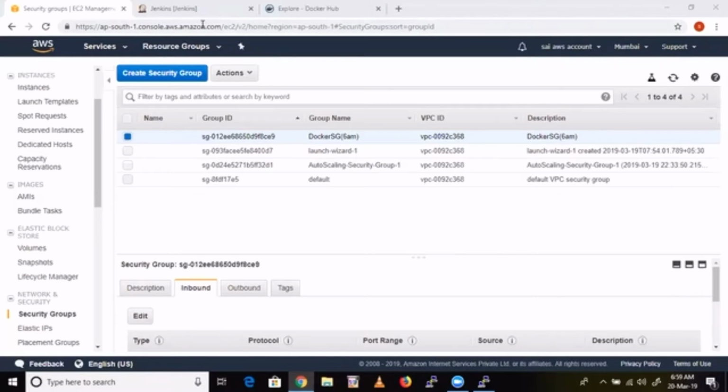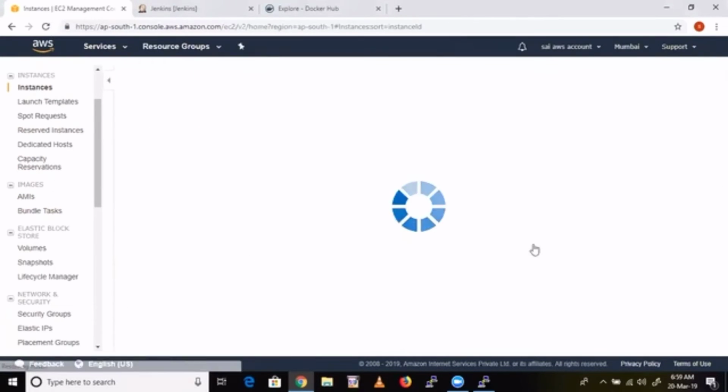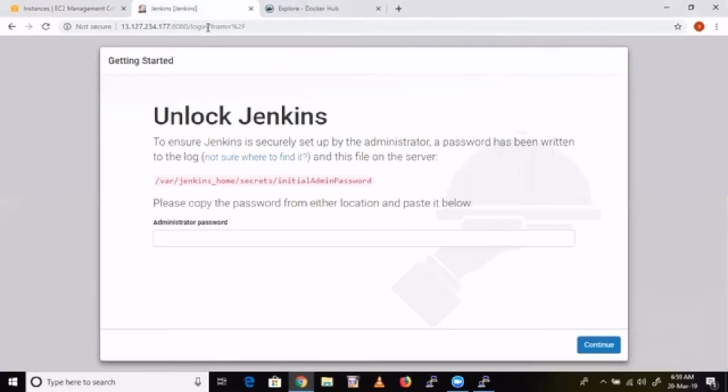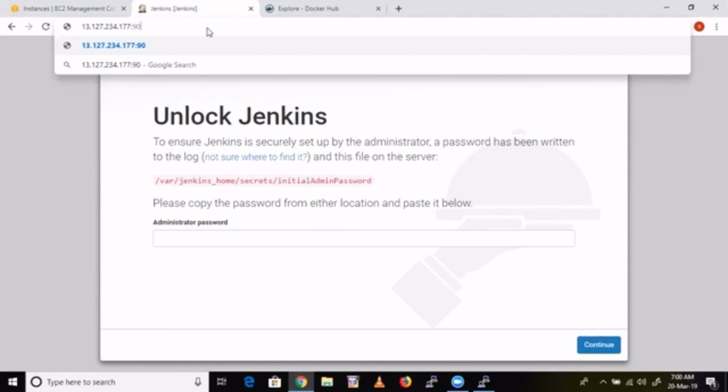Why are we giving 80? See here, if you take the IP address and paste it here, you need not give :80. Why? Because by default it will look for port 80. You understood, right? Because the default port is 80. If you change the port, you need to give the port like this.